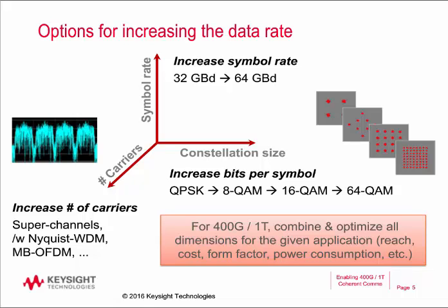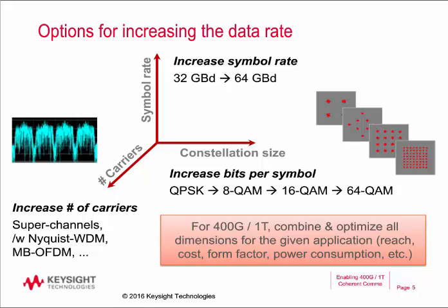There are a couple of example constellations depicted on the right-hand side. So this increases the bits you transmit for each symbol. By going, for example, from QPSK to 8 QAM to 16 QAM to 64 QAM, you can increase the final data rate. And you can also add additional carriers to your signal, so as to generate so-called super channels,